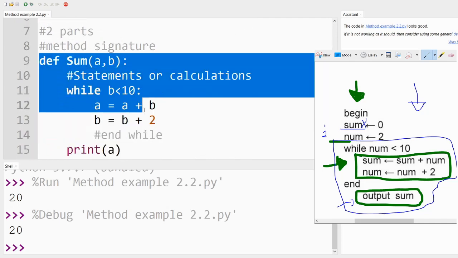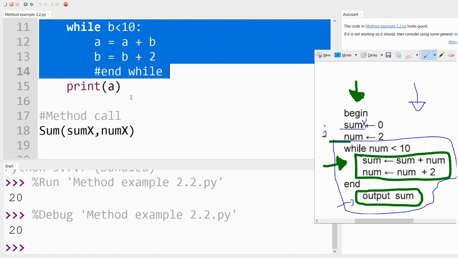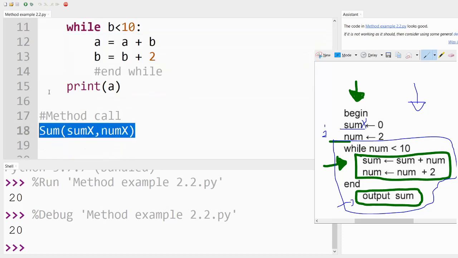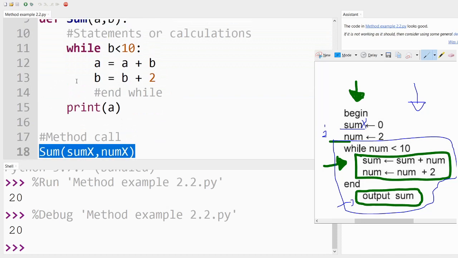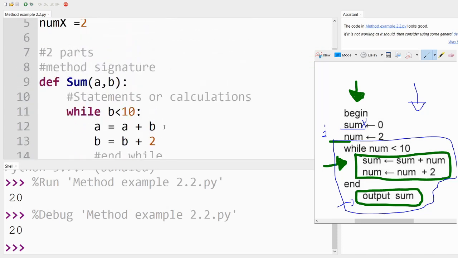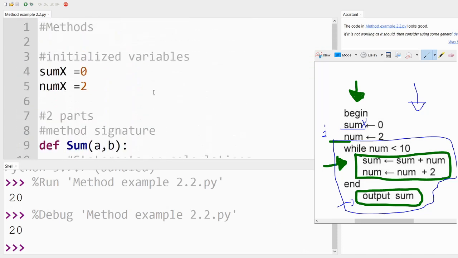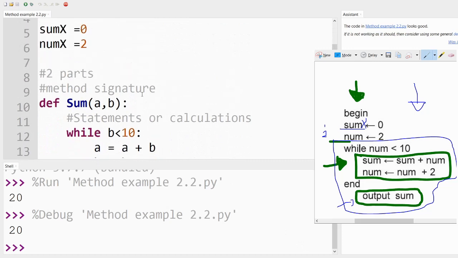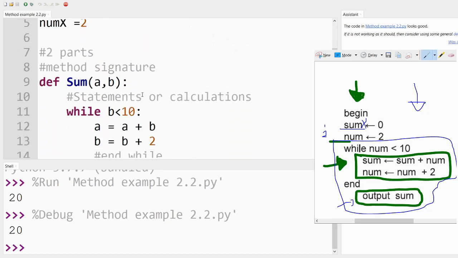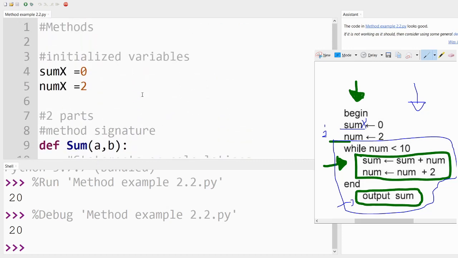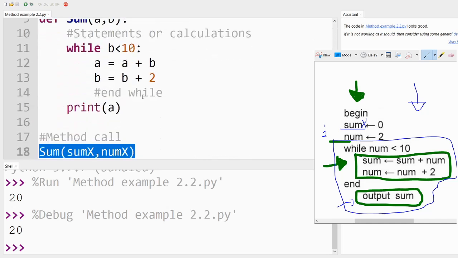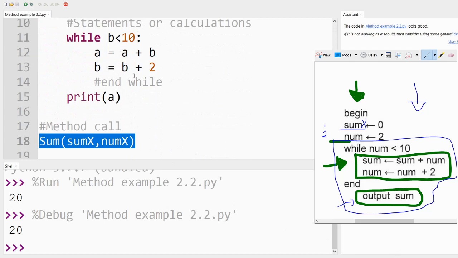So you would have noticed that apart from method call and method signature, I did not use the assistant here, but in the class, normally I would try to leave one mistake in the code and have you find out where the mistake is in the code. For example, I could have put in ABC instead, and then in your call you don't have